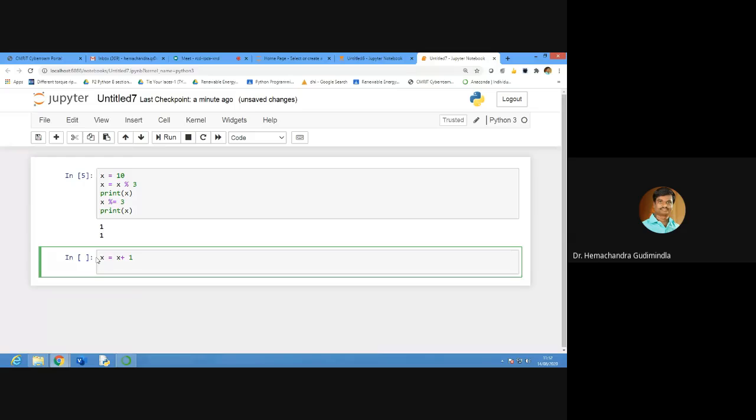If x equal to x plus 5, you take x plus equals to 5. These two are the same equation, that's what I want to tell.